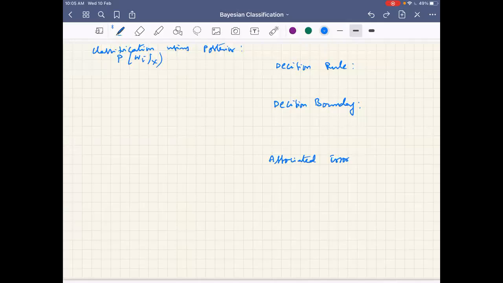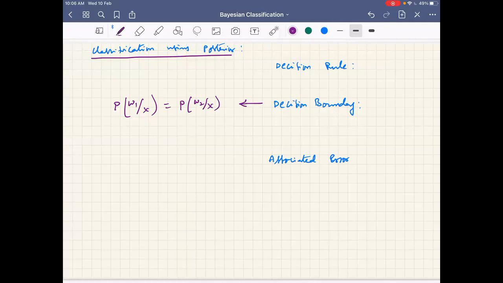I request one of you to start. How to come up with the decision boundary? The decision rule is still the same. You equate two probabilities. Right, very good. So to come up with the decision boundary, what we use is P of omega 1 given x equals P of omega 2 given x. Let us take the two class case for simplicity. The number of features may be 1 or 2. We will start with 1 and then we will see for 2 as well. This is how we come up with the decision boundary.